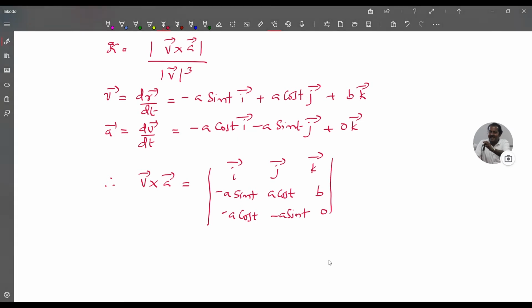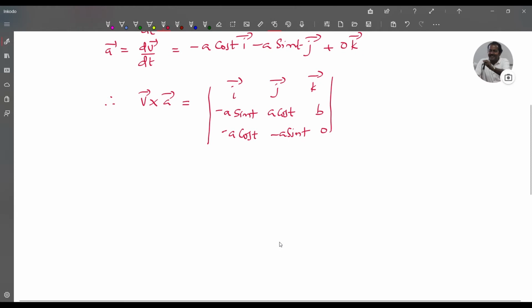So this is equal to i into (b a sin t, a cos t into 0 0, minus minus b a sin t), minus j into (minus a sin t into 0 0, so minus ba), so plus ba cos t,